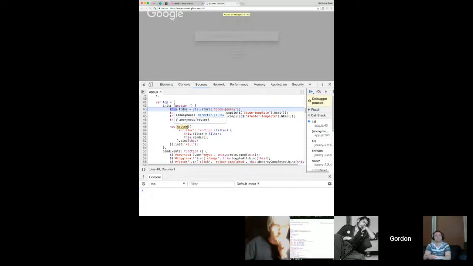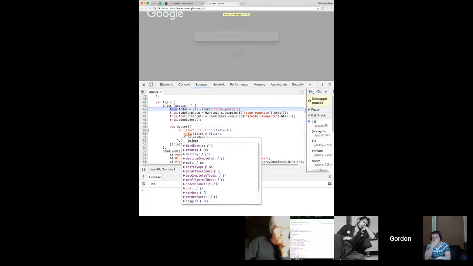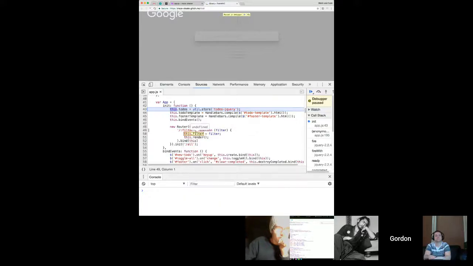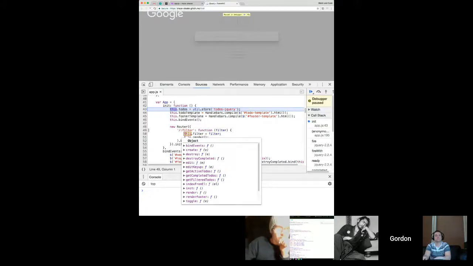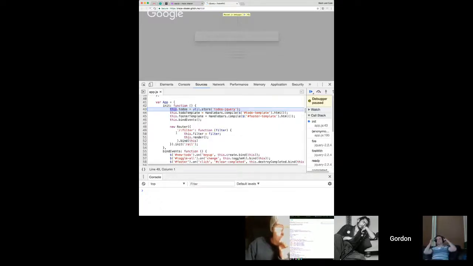Because all functions are variables too. Okay, well, if it has a name. I'm not clear on what new is doing in this whole area, but my understanding of this section of code, like lines 49 to 53, is that